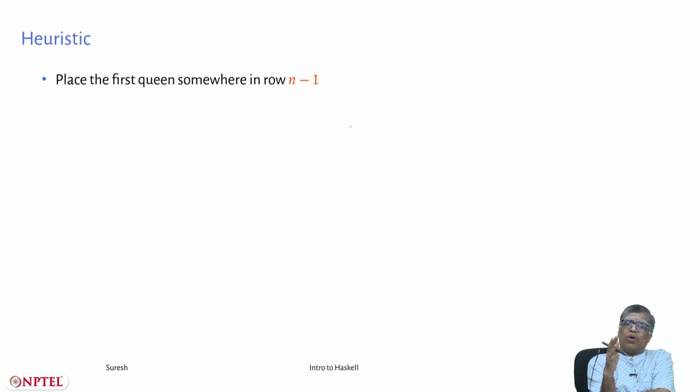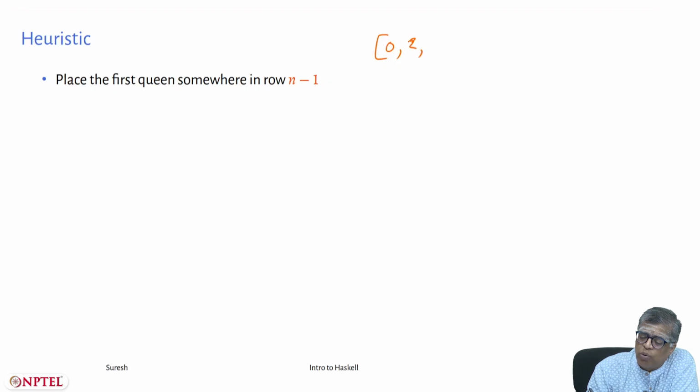Since there is exactly one queen in each row and column, ideally you would have to represent the position of the queen as a pair of coordinates, row comma column, but we needn't, because we can represent it as a list where the first position tells the column in row 0 that the queen will occupy. So if I write something like 0, 2, 4, 1, 3, 7, 5, 6.